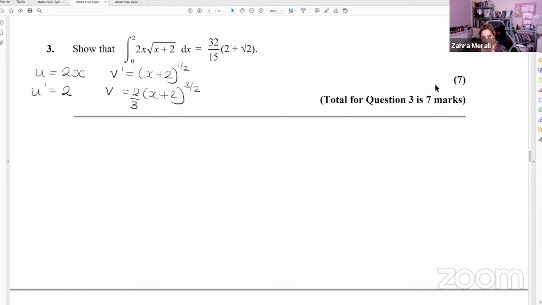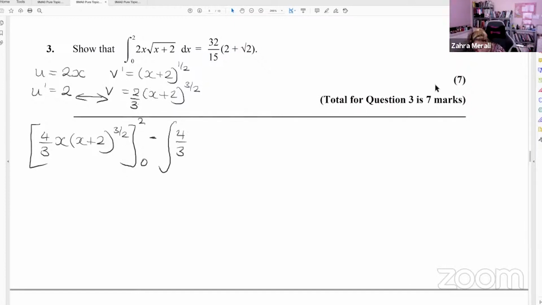which will give me 2/3. And then my integration by parts formula is uv. So that's just going to give me 4/3 x (x plus 2) to the 3 over 2. And that's between 2 and 0. And that's minus the integral of these two multiplied together. So 4/3 (x plus 2) to the 3 over 2 dx between 2 and 0. And that leaves me with 4/3 x (x plus 2) to the 3 over 2,